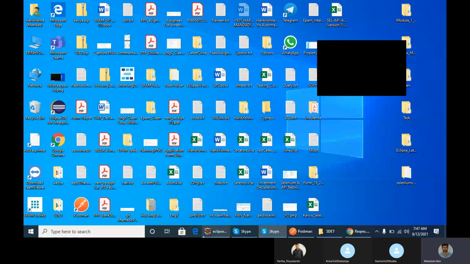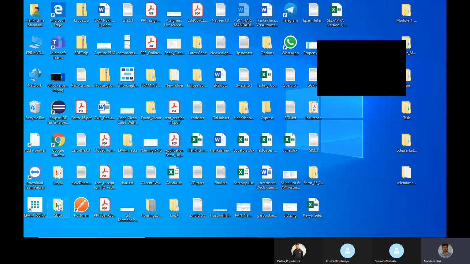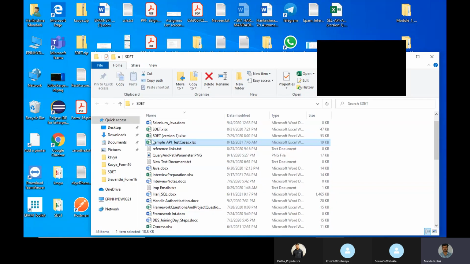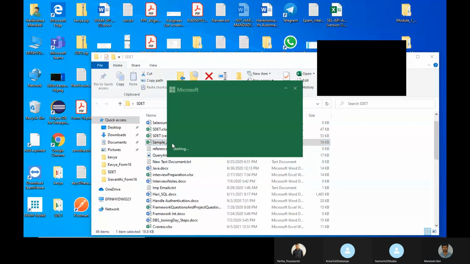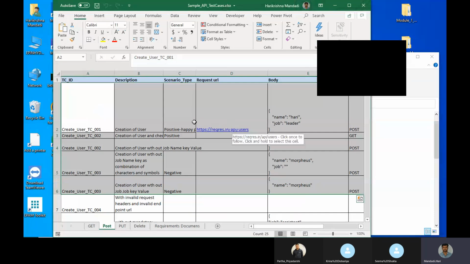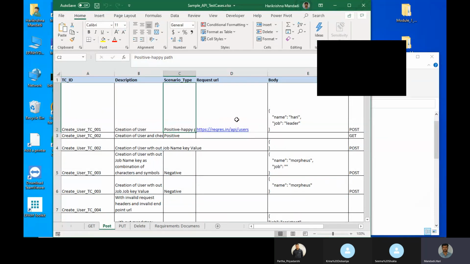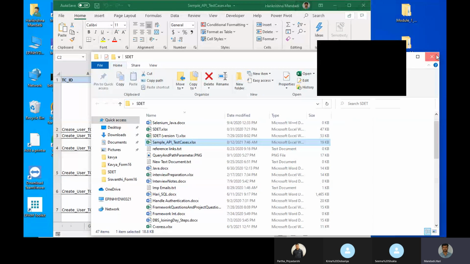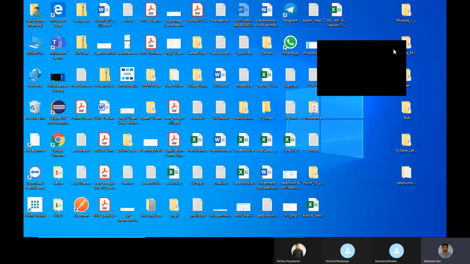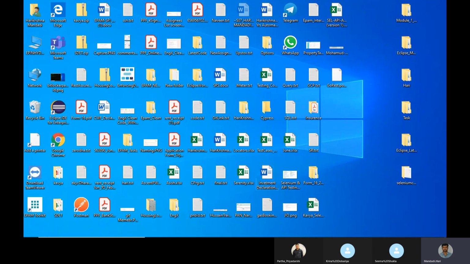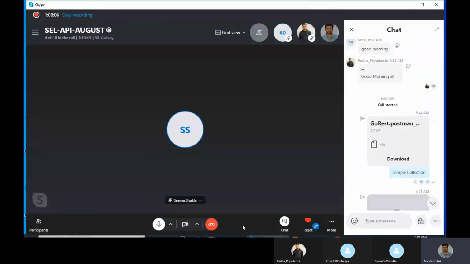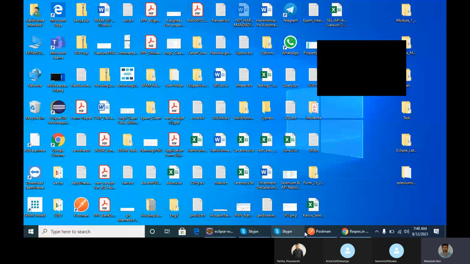In the Excel sheet we have POST. If you go there, we have details. What is the URL? This is the URL which you need to use, in column D. Whatever I have written today, I am going to send you for reference purposes as well. Today's one, I will export this and send you.